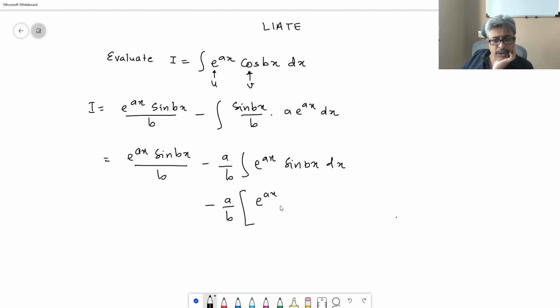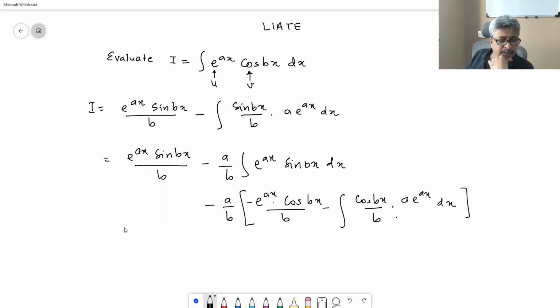a by b inside the bracket, u into integral of v, that is minus cos bx upon b, minus integral of cos bx upon b, that is integral of v into derivative of u, a e raised to ax dx. Now let me get rid of this square bracket. e raised to ax sin bx whole upon b. Now this minus sign makes it plus